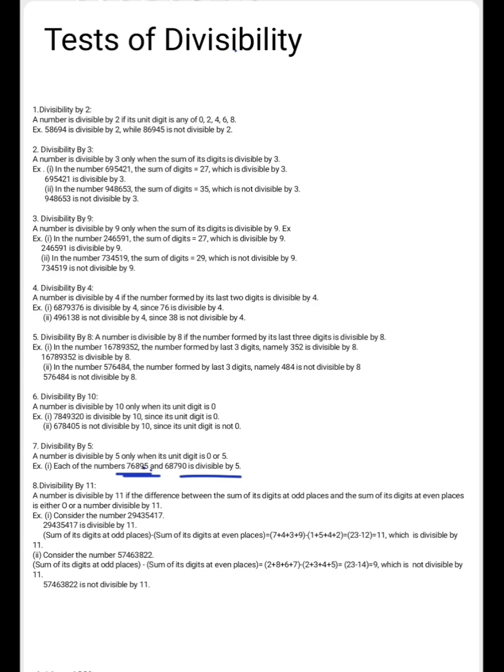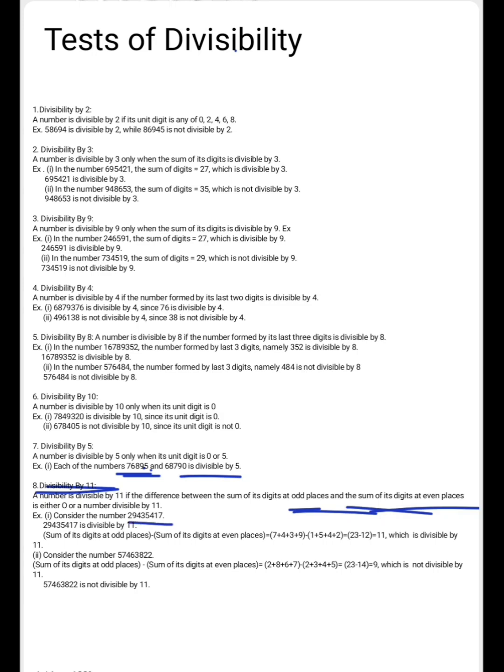Okay, the divisibility rule by 11. In this case, we need to check the odd places and the even places. Let me explain. A number is divisible by 11 if the difference between the sum of its digits at odd places and the sum of the digits at even places is either 0 or a number divisible by 11. Let's take an example of